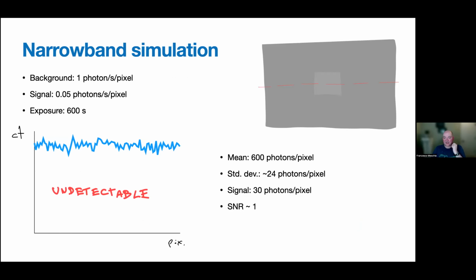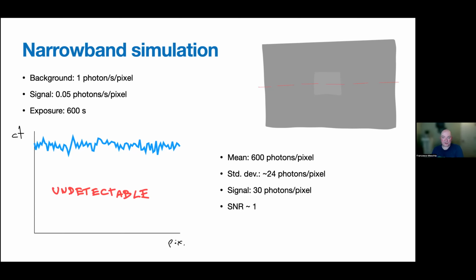How does our simulation change if I introduce narrowband? So this is just the same slide that I showed you, the one in which I cannot basically detect what's going on in the center by looking at the graph, because my signal to noise ratio is close to 1. Now let's put a 3 nanometer filter in front of my telescope. So instead of collecting 1 photon per second per pixel, assuming that this was done with, let's say, a green filter, 100 nanometer wide,